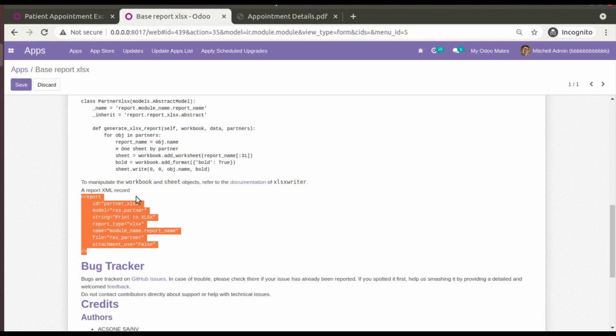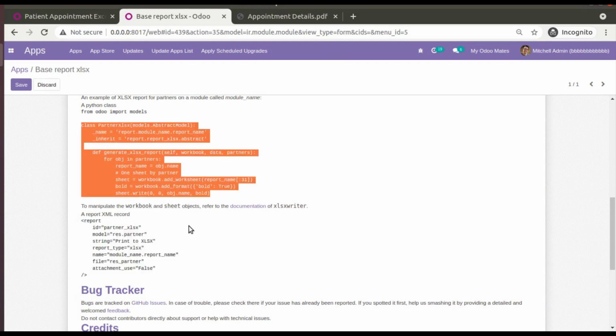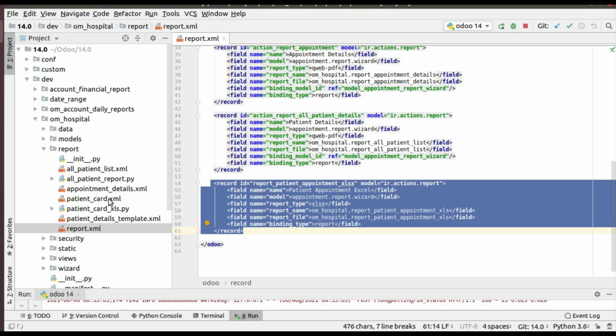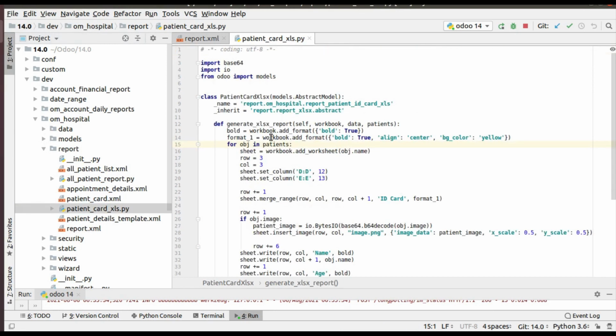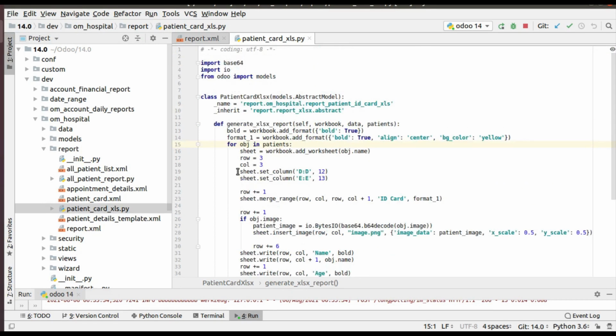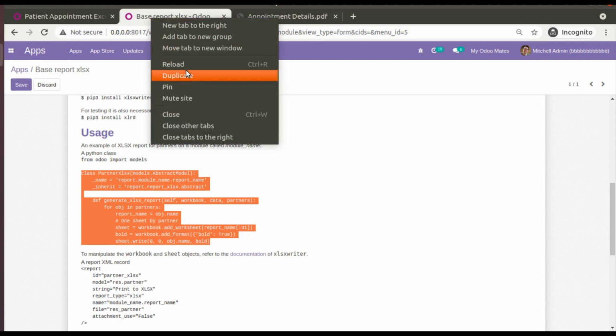Then you have to define a Python class. So let's define this class and see how we can generate Excel first. So let me go back to PyCharm, and in the report folder we already have patient card xls.py, which we have generated. Here you can see there is a similar class which we have added to generate the patient card Excel.